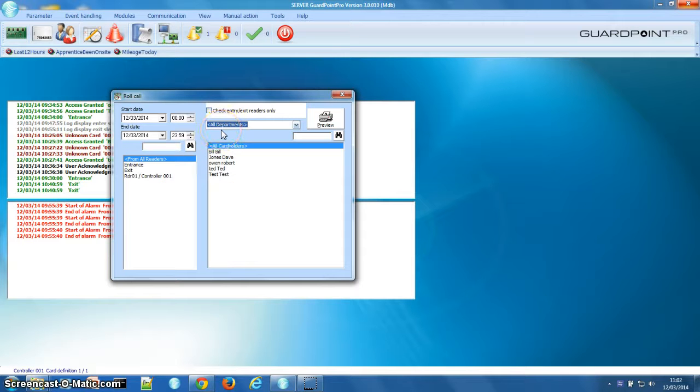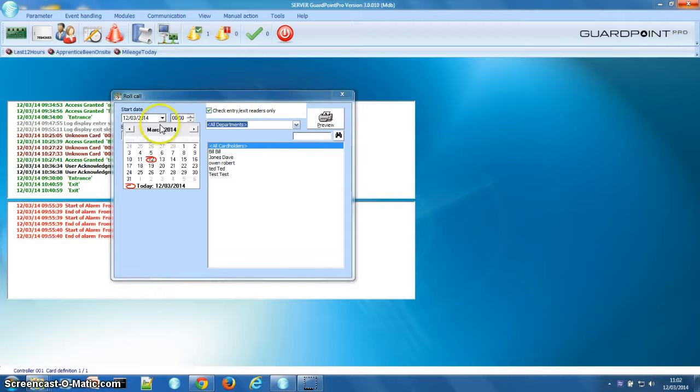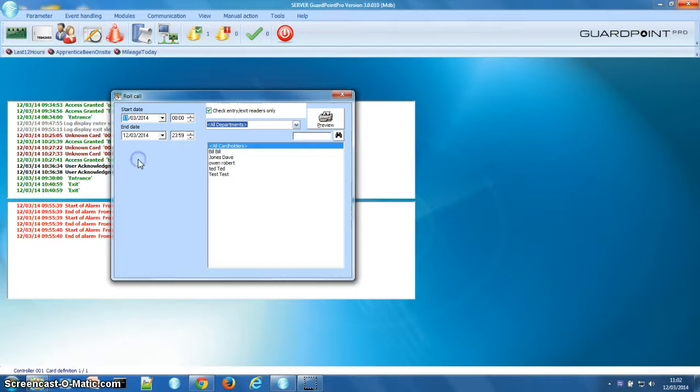You could think of a department as a company or a contractor if you want, or we can set up specific readers as a clock in and a clock out reader, so an entrance and an exit reader. I've created two readers, one as an entrance, one as an exit, so I'm going to tick that. You can choose the date range, it can be any date range. I've got some transactions for today and yesterday, and if I click preview